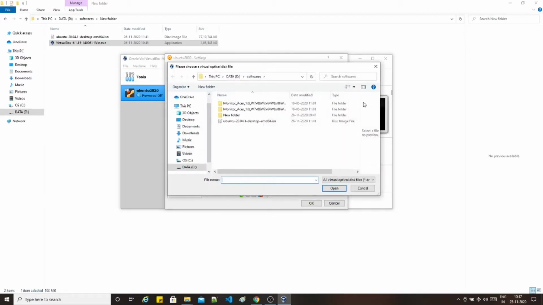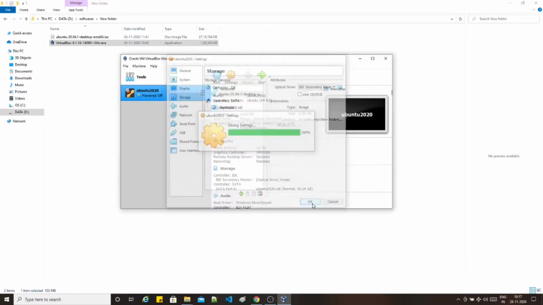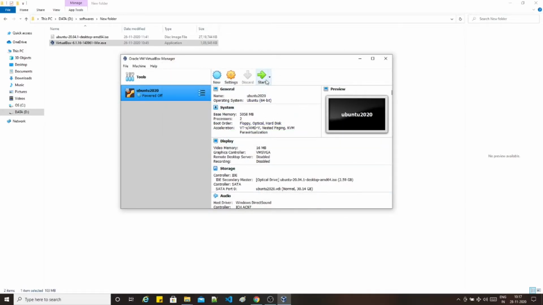Otherwise, you can just choose a disk file, go to the folder and select Ubuntu. This is the location on my machine; it depends on your machine how you are selecting. After that, you can see the size of this ISO, and then you can just click OK and then click start.